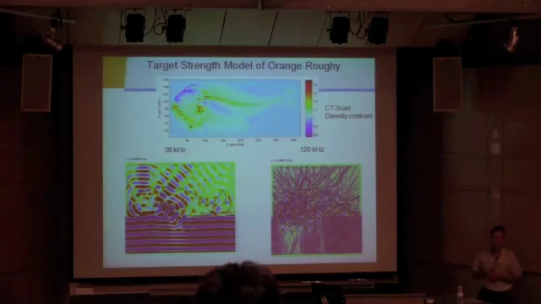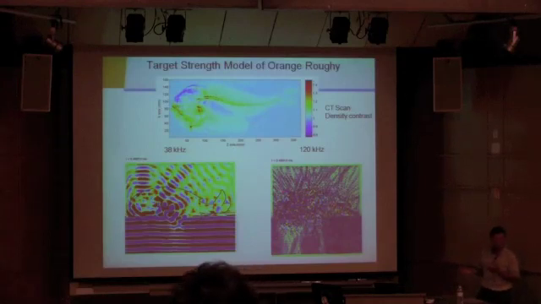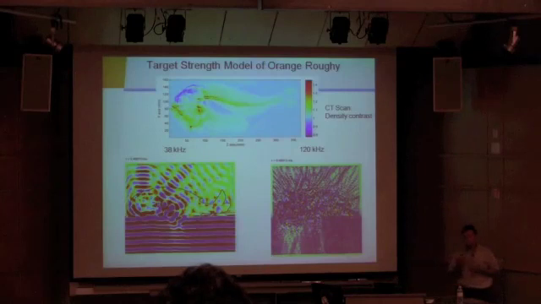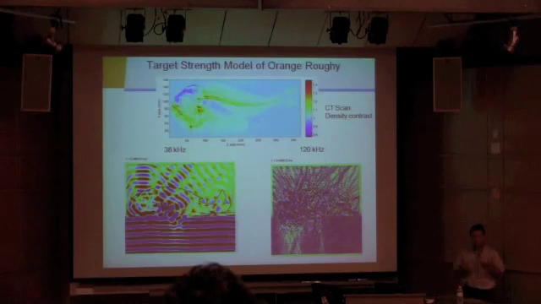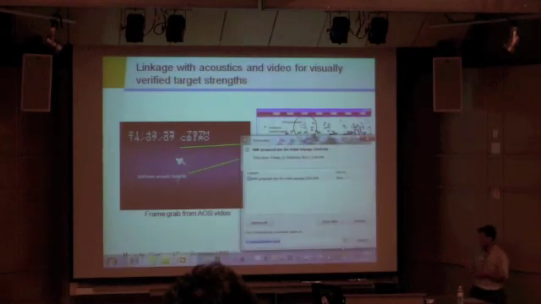Acoustics is all about sound speed contrast and density contrasts. And from here you can see the density contrasts quite easily. Most of the density contrasts are actually in the head. And this is borne out from some simulations, some very high resolution modelling. You can see how complex the scattering regime is in the modelling. So to rely on median target strength from modelling alone, there are far too many uncertainties about orientation and behaviour and the like. So what we developed, and one of the motivations for developing our AOS,